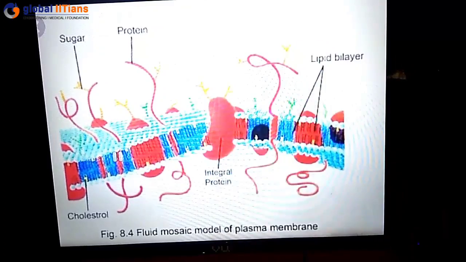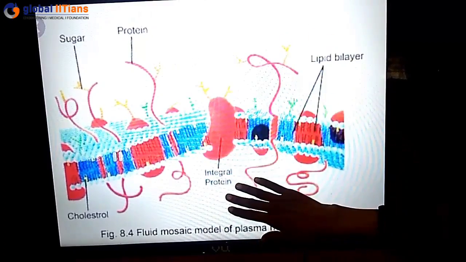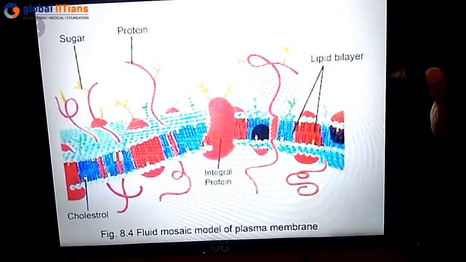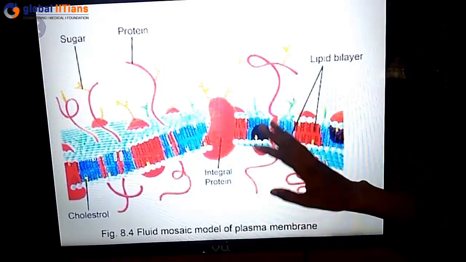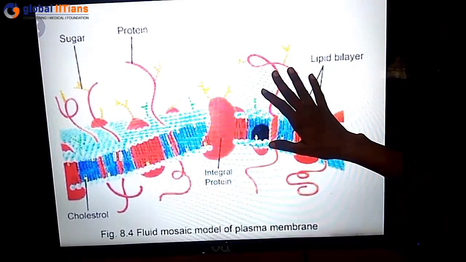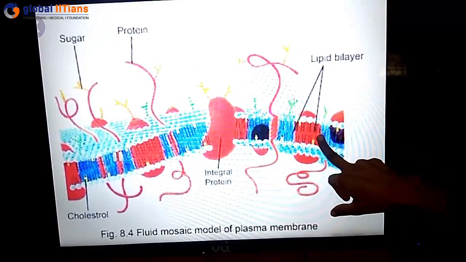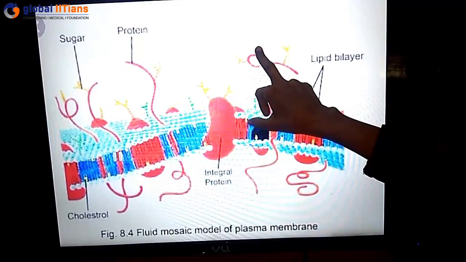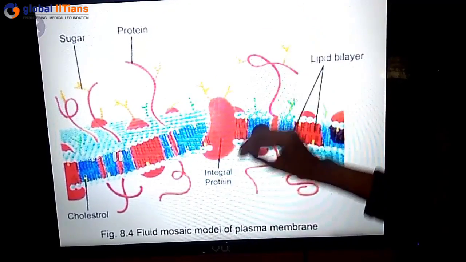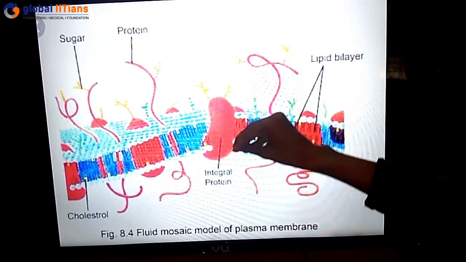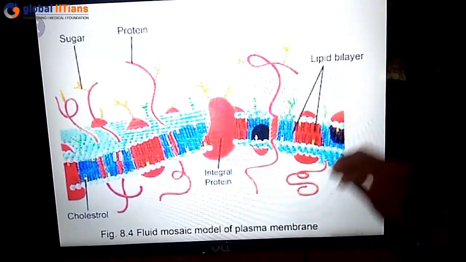Passive transport, no expenditure of energy, whereas active transport at the cost of some energy, and that energy is in the form of ATP, okay. So this is how the process of osmosis also facilitates the inward outward movement of certain components, whereas at some places active transport is also needed.